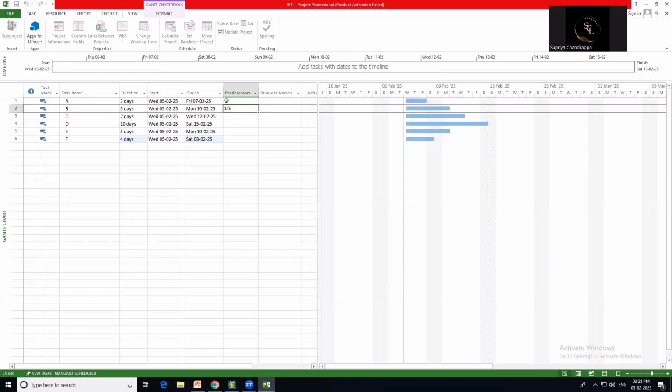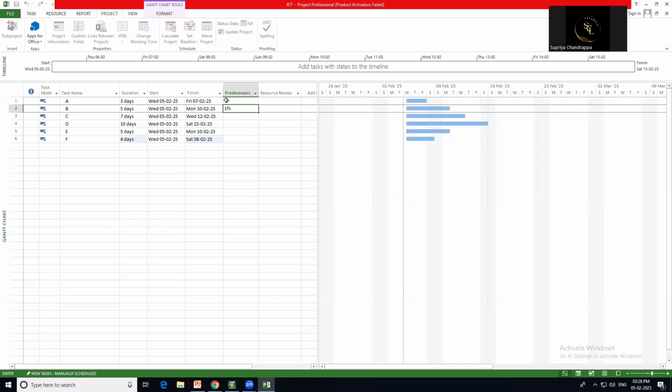And FS is one of the four conditions we studied in the 5th semester that are used with the predecessor: start to start, start to finish, finish to start, and finish to finish. In some, when one activity starts, another activity can start simultaneously.